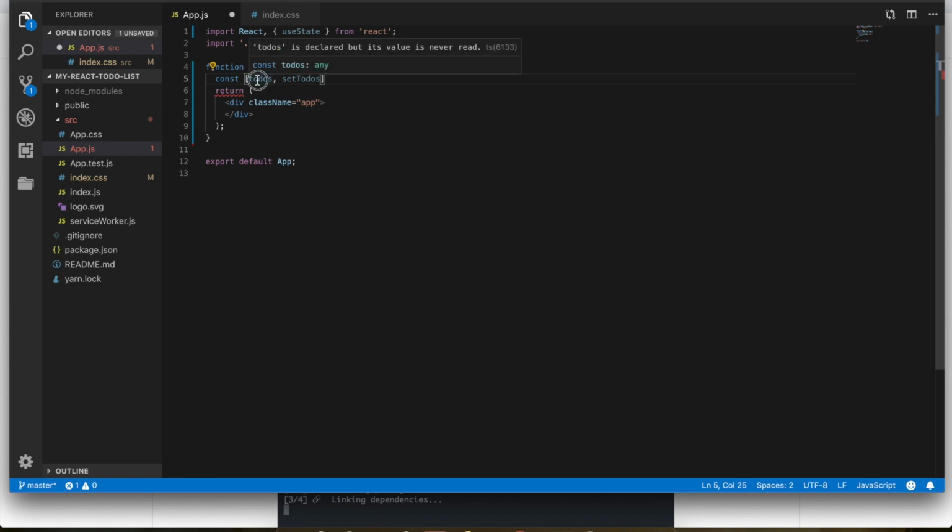This would work like in our previous React components. We would do something like this.state.todos, and this would be this.setState. So don't be confused by this syntax. This is just destructuring. Okay, so here we're going to use state,